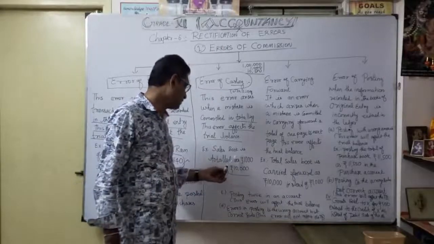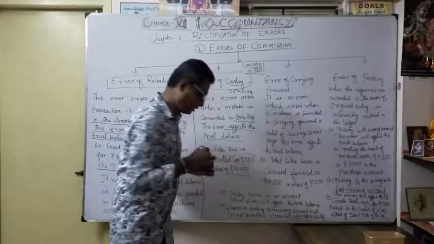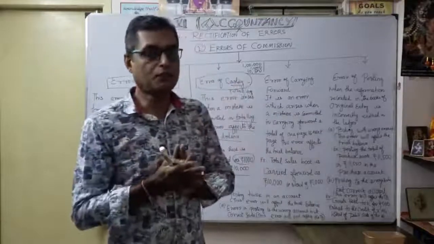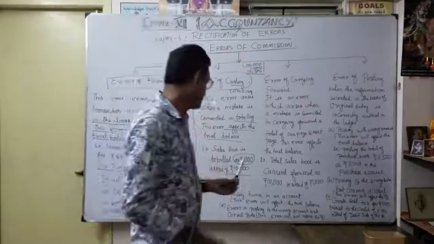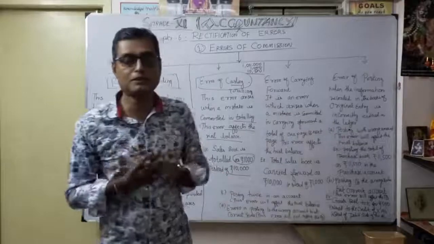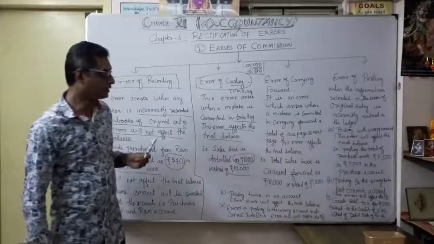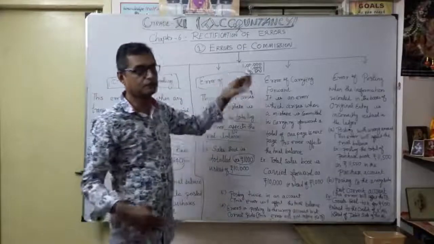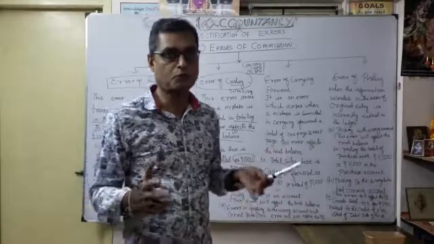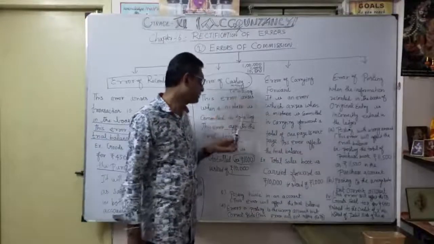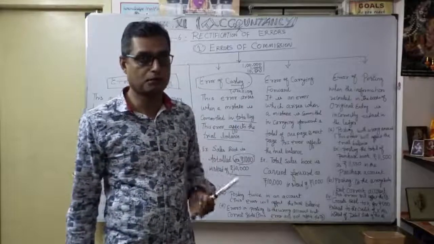The sales book is totaled as 1,000 instead of 10,000. The total should be 10,000, but what happened? The mistake arose, we wrote just 1,000. So you see the difference, 9,000 rupees, is coming because of this error of casting. Now understood, that's one of the important errors under error of commission. We did it wrongly. We totaled it, but the total is wrong, a totaling mistake. That's what it means. Casting is nothing but total. So you understood this second very important example.